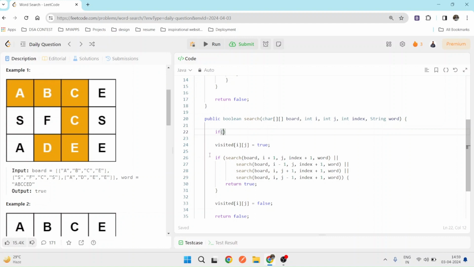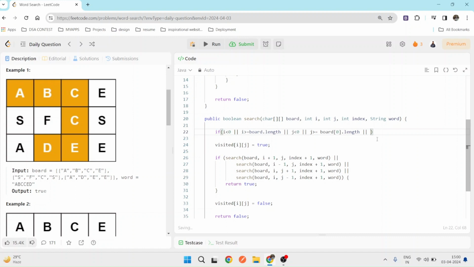So we will add a constraint that if i is less than 0, or i is greater than or equal to board.length, or j is less than 0, or j is greater than or equal to board[0].length, sorry, spelling mistake, board[0].length, or